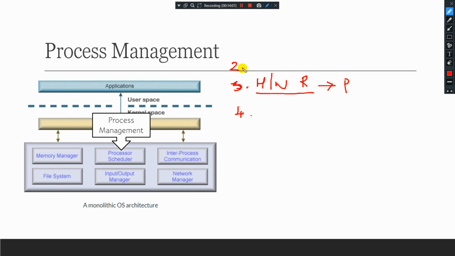So we know the points so far. It supports deadlock handling.